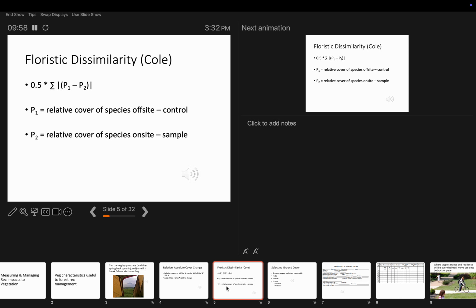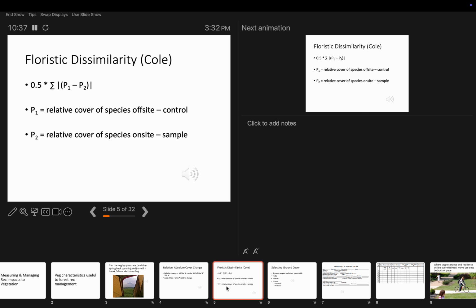So if your natural site that doesn't see any recreation impacts or use or pressure or seed transport or anything like that that we talked about earlier has the same list of species as the campsite, then the floristic dissimilarity is going to be very low, and we can feel pretty good about that. If the floristic dissimilarity is very high, that is, maybe I have a lot of species at the natural site and a lot of species at my campsite, but they're not the same species, and I notice some non-native invasive species, in particular typically at the campsite, well then, that's a number that I need to pay attention to,